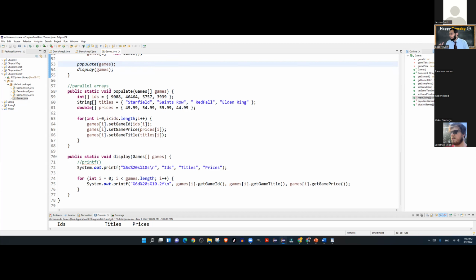Can you see that it matches, like in the populate method, line 58, are you accepting an array of games type? Maybe. Oh, that's not right. Games. Yeah, I'm pretty sure that's what it's supposed to be.